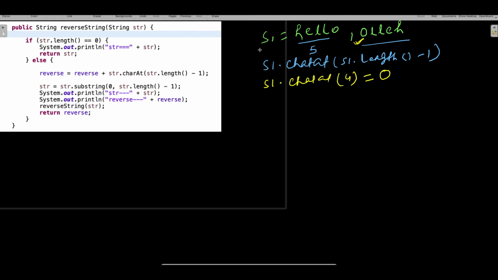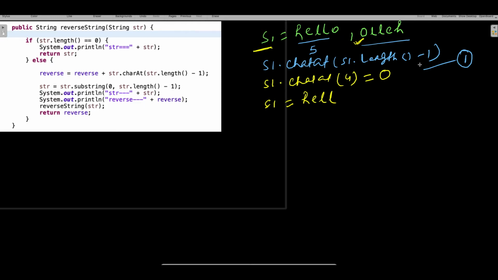Now this is the string in the first case. Somehow, let's say my string becomes HELL, assuming the last index is omitted. Now if you go and do the same logic, assume that this is your line number 1.